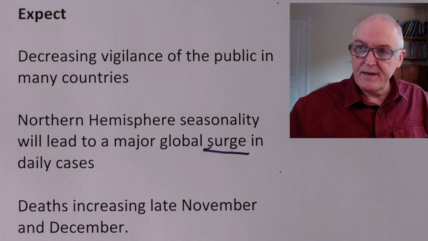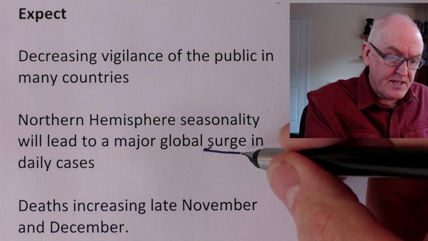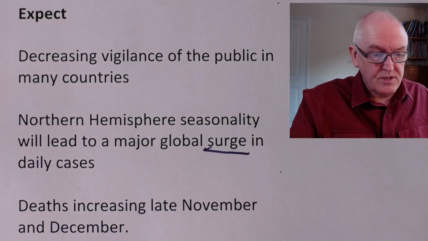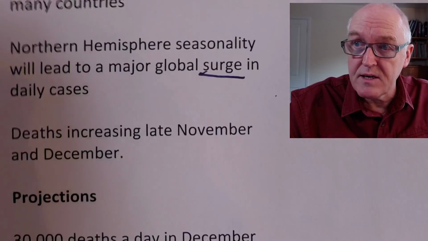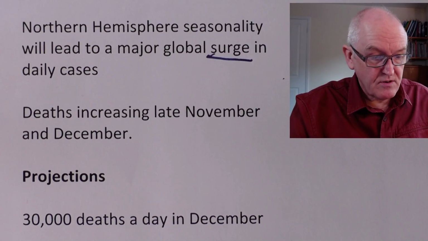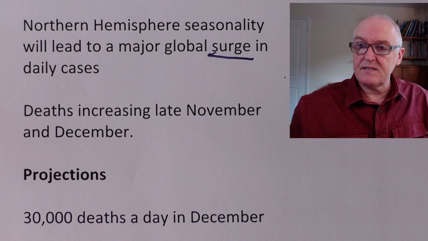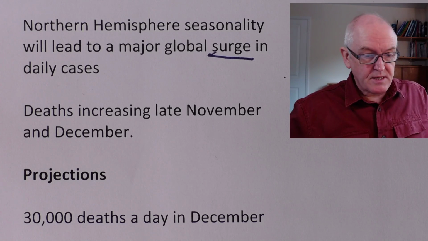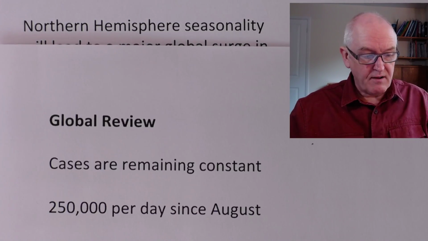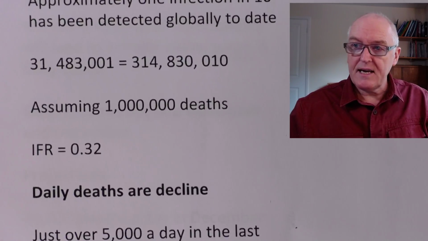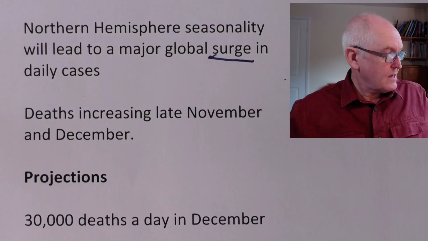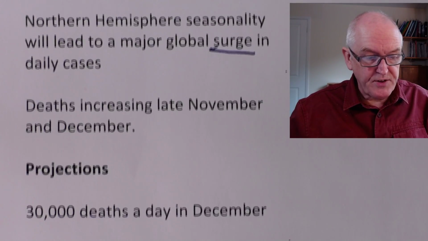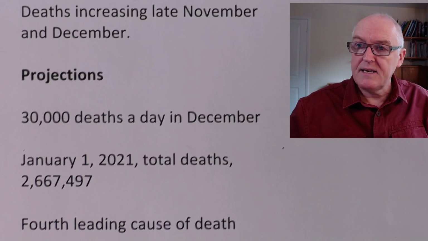Is now. Let's hope the mitigation measures that are taking are going to mitigate that. But we can expect a surge, unfortunately. Let's not be fatalistic about it. We kick and fight against it, of course. But nevertheless, globally, cases are probably going to increase. And that's going to result in increasing deaths in November and December. Now the projections, remember deaths at the moment down to 5,000 deaths a day at the moment. This is probably going to rise to 30,000 deaths a day in December.